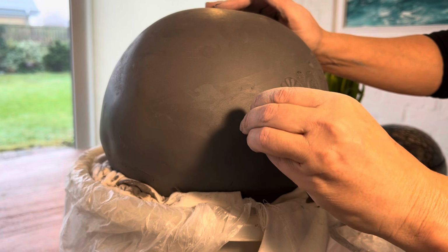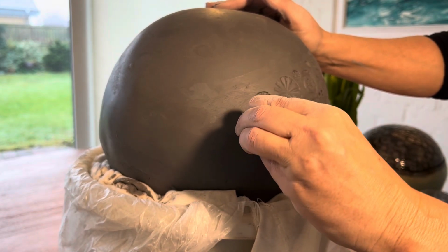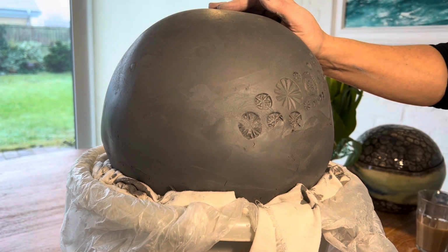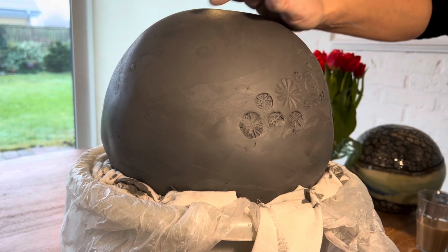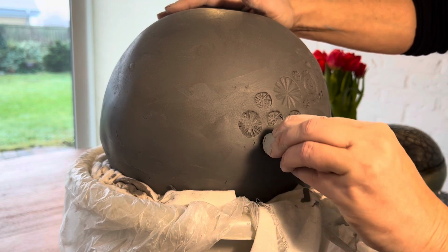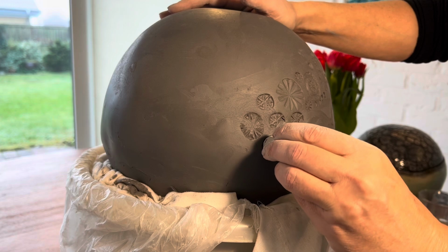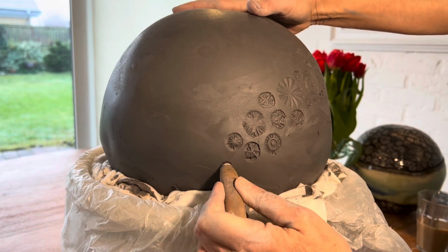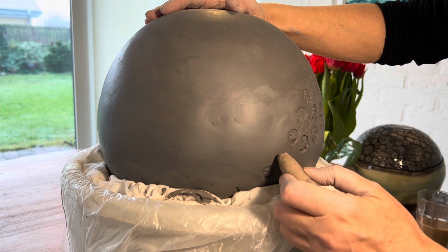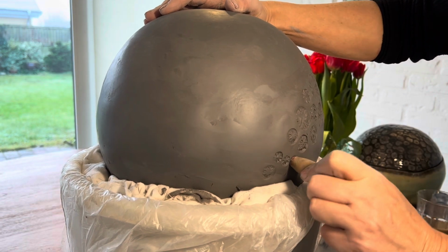Then I'm starting to repair the pattern that I had already made. It has been a little bit broken by me putting the two balls together. So now I will repair it by making new stamps on this outside of the clay so it will look nice on the outside. When I'm satisfied with the outside and think it looks nice, then we are ready for the next step, the